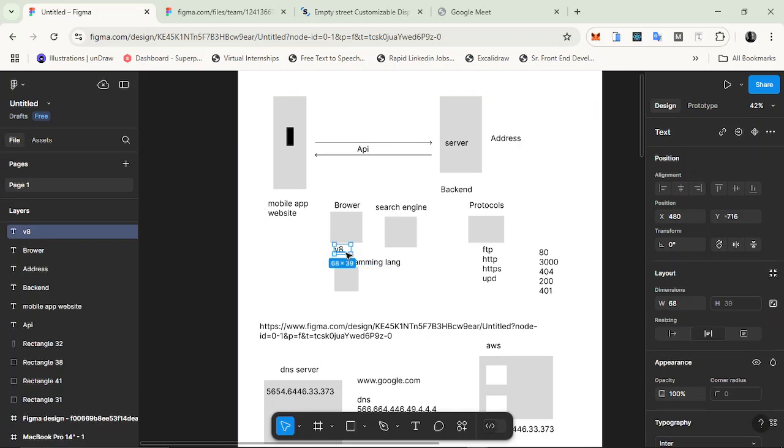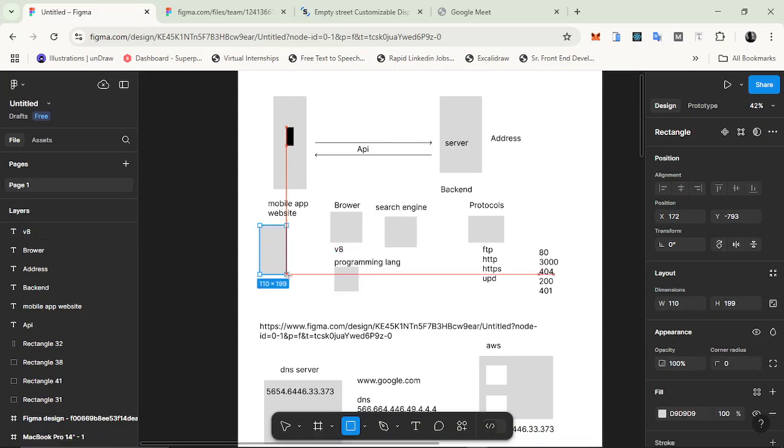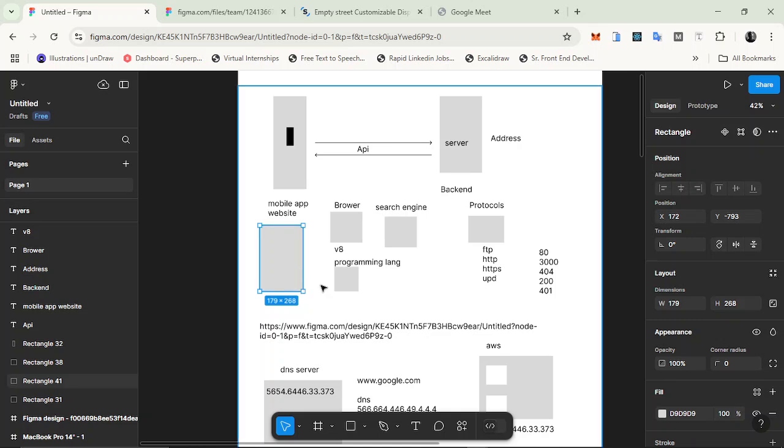This is where our rendering comes in. There's what we call visualization and screen painting, right? Once it gets the request, let's say this is the request, and the request doesn't come up just like a request. It comes in the form of an object. Now what's an object? Basically an object is an abstract sheet